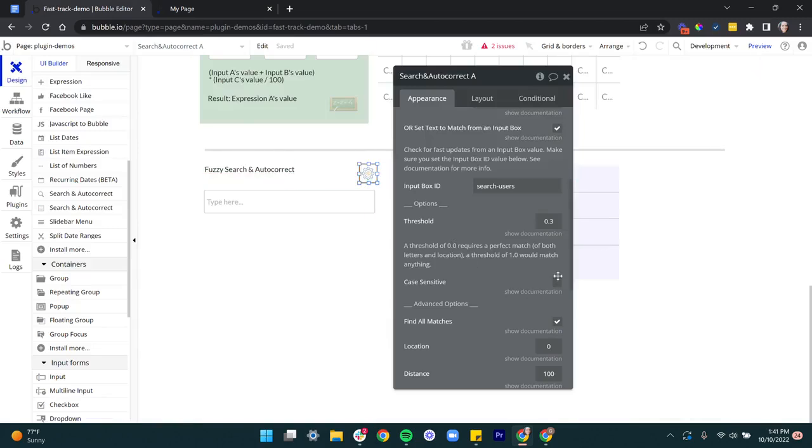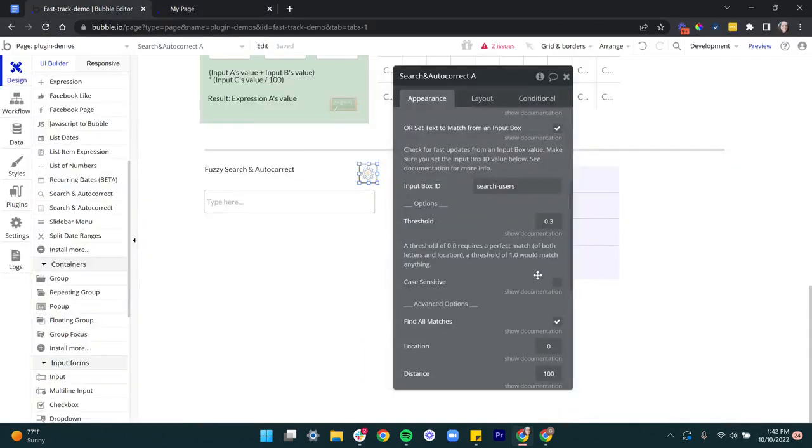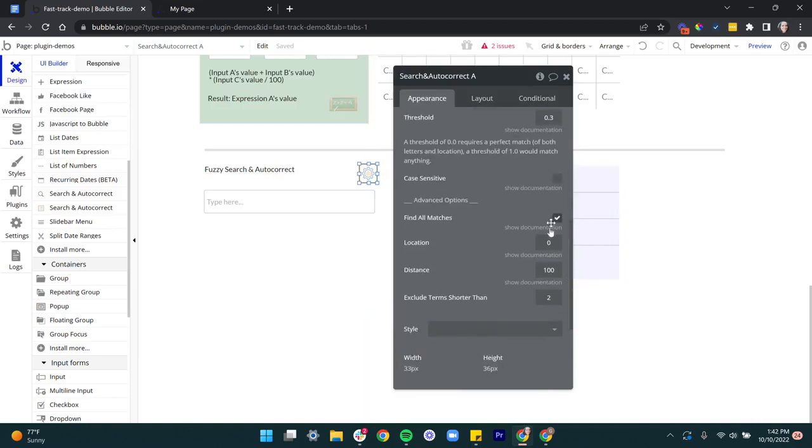Okay. You can make it so that it's required to be case sensitive. In most cases, doing a fuzzy search like this, you want to leave this turned off so that it doesn't matter whether the user types in MON like that or MON with a capital M. But that's, of course, up to you. And most of the time, you can leave the rest of these settings as is, but just so that you're aware,